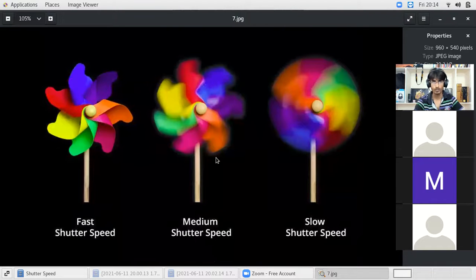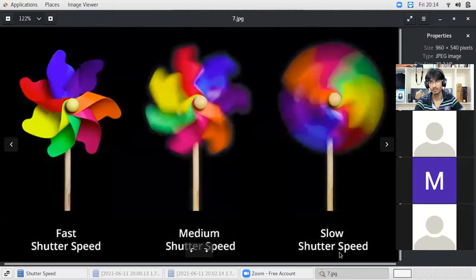As we understand that it is a fraction of a second, when this time is longer, we call it slow shutter speed. We'll understand the meaning of these photos, but for the timing, we'll just understand the convention. When this time is more, we call it slow shutter speed, and when the time is less, we call it fast or faster shutter speed.